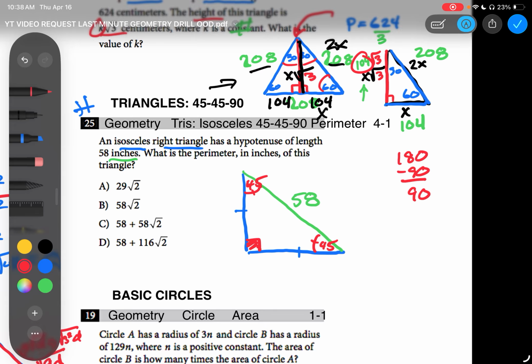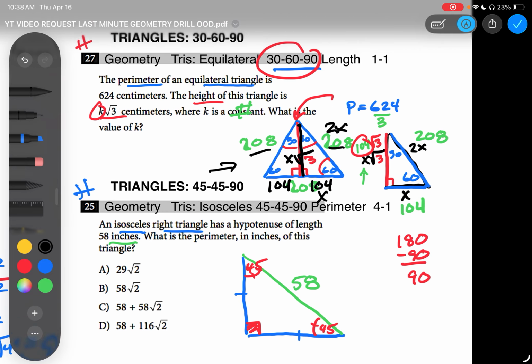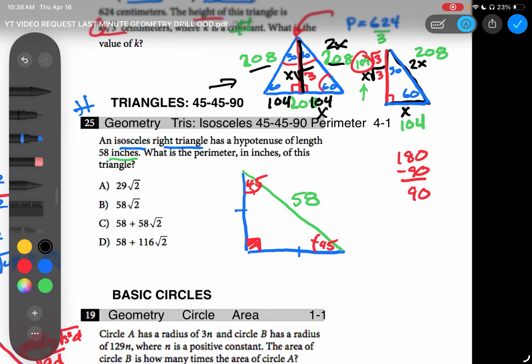Oh, this is a 45, 45, 90 rule triangle. Remember, the previous question was 30, 60, 90. Now we're doing 45, 45, 90. At the beginning of the test, in the formula guide, they're going to show you